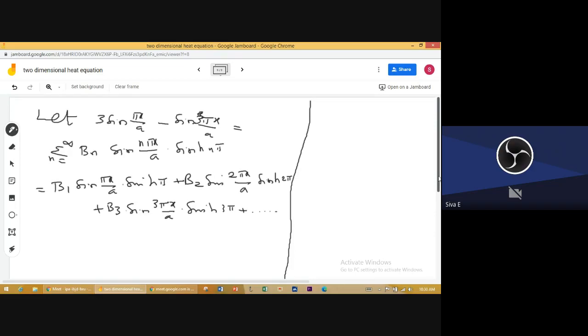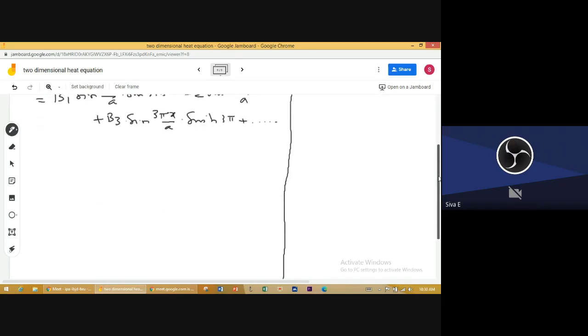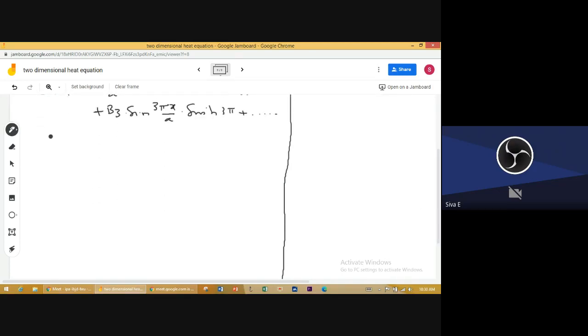Okay, listen. In yesterday's class, I told that in case the non-zero boundary condition is given in terms of f of x, like x square, 3x minus x square, L into x minus x square, then we can do it using the Fourier method. In case the given non-zero boundary condition is sine cube theta or cos cube theta, you have to follow this method. There are two methods: one is the Fourier method, and the other is the direct method. This is the direct method.